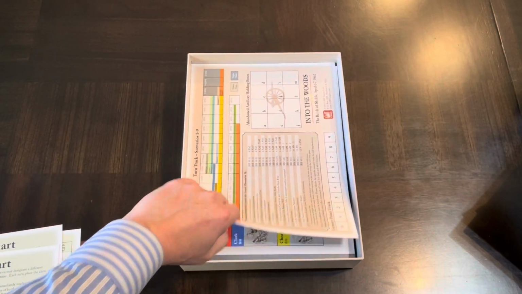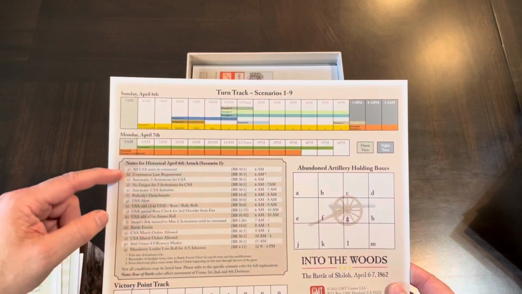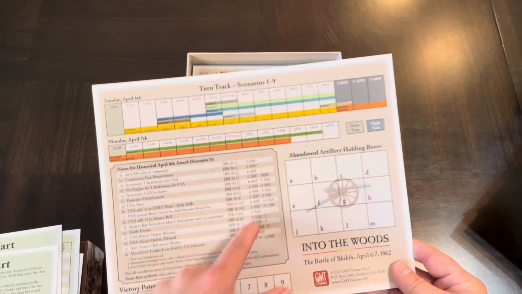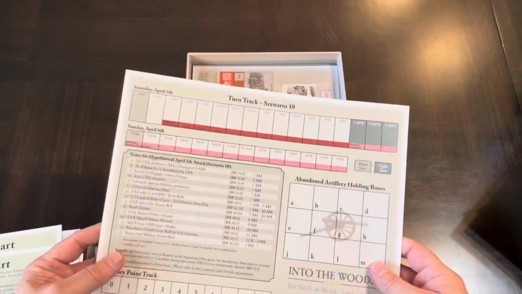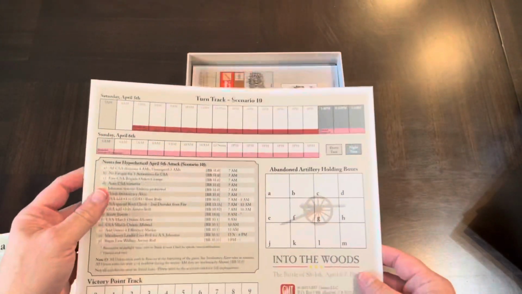And let's see what you get here. Here's your turn track for scenarios 1 through 9, and some notes on this. You'll keep track of what happens on the turn, and this will tell you some of the things that are going to happen here. You've got to abandon artillery holding boxes and a victory point track. And then a turn track for scenario 10. So 1 through 9, and then 10